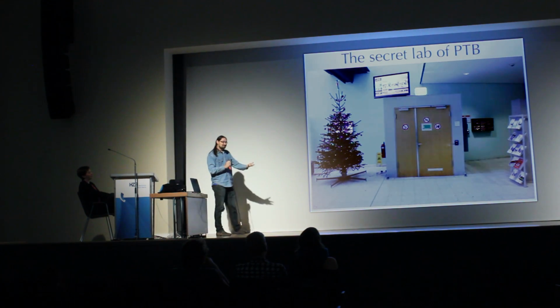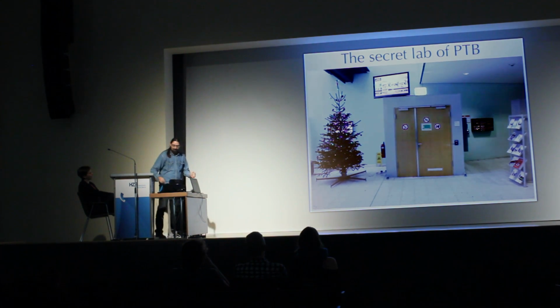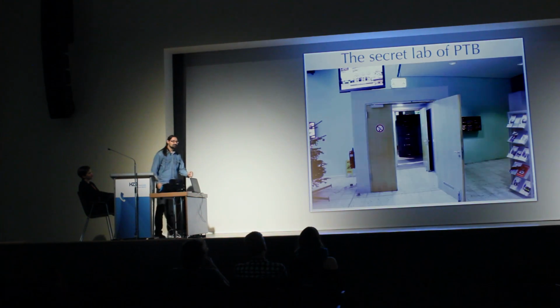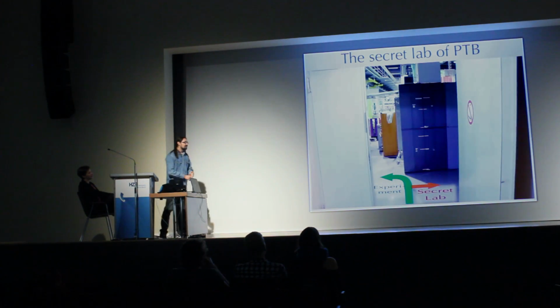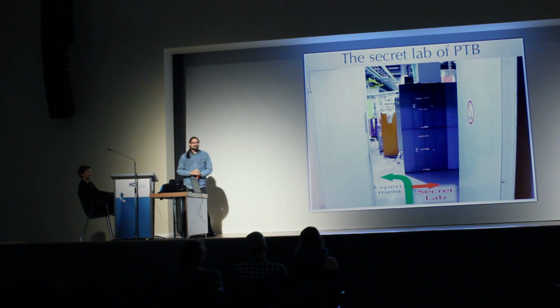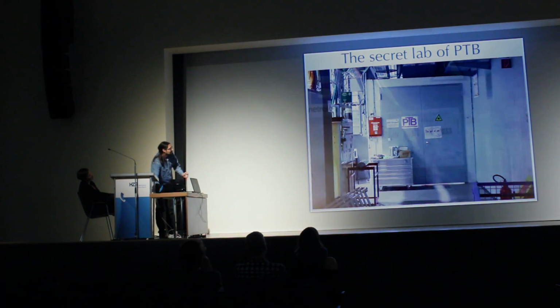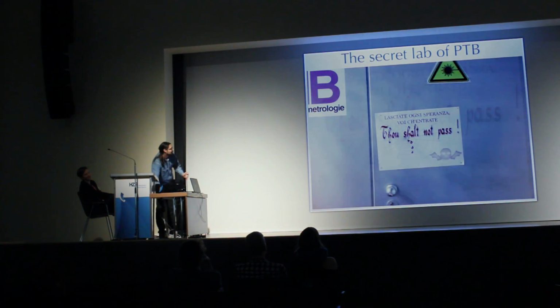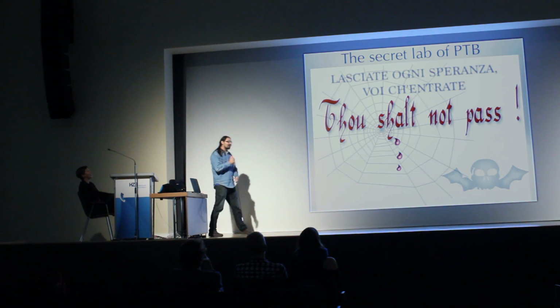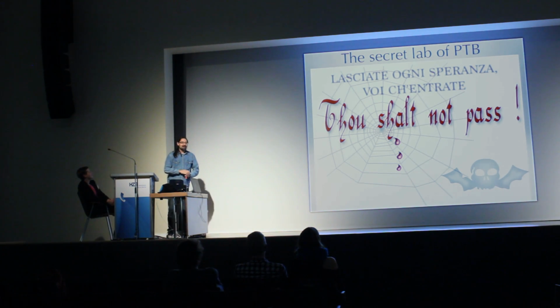So, when you enter Bessie, usually you go through this door into the experimental hall. And then next you open the door, you pass through the door, and then you always turn left to get to your experiment. But you never ever turn right, because it's forbidden. And if you actually do, you will hit this door, and there is a sign on the door, and the sign makes it quite clear that you should not enter this laboratory. But if you happen to have the secret key, and you can open the door,